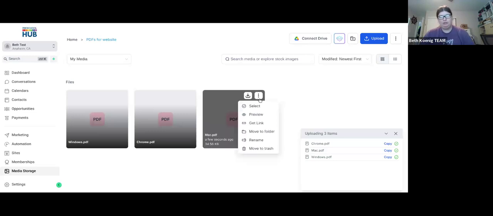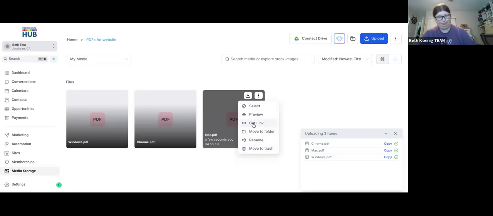We can also click on these 3 little dots and we can preview. So like if it's an image or something else, you can preview it, you can move it to folder, you can rename it, you can move them to trash, say you don't need them or you accidentally double uploaded something. So there's a lot of stuff you can do, but we want to really focus on this whole get link thing right here,